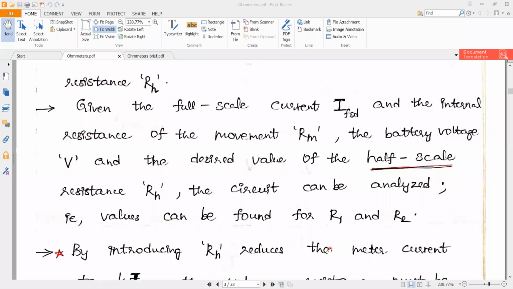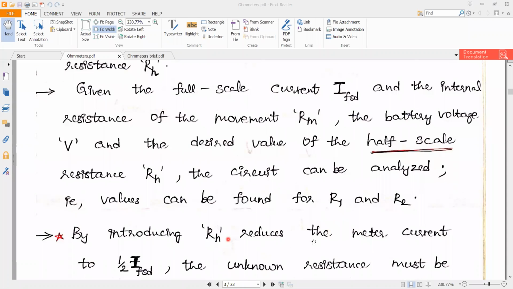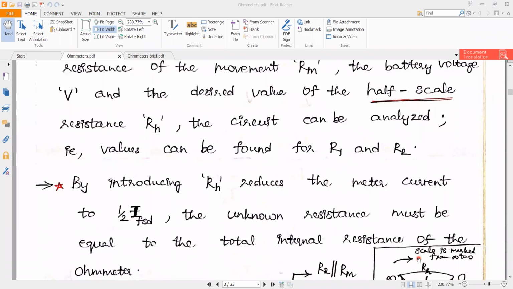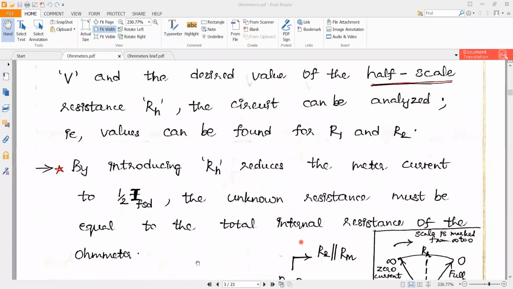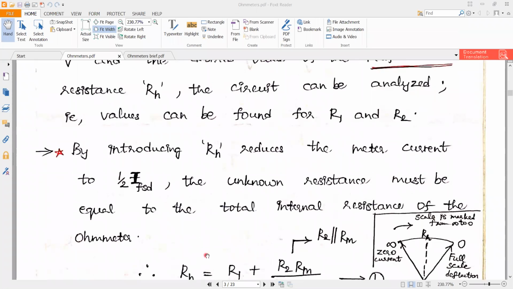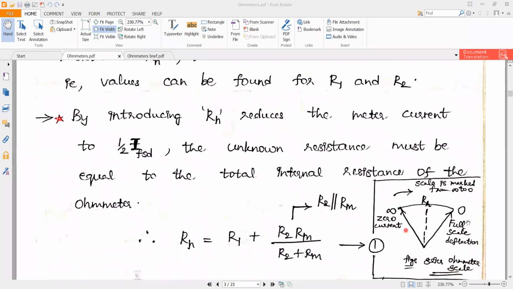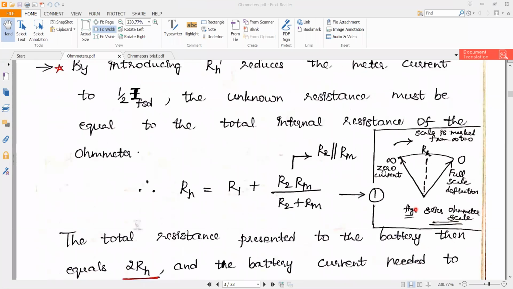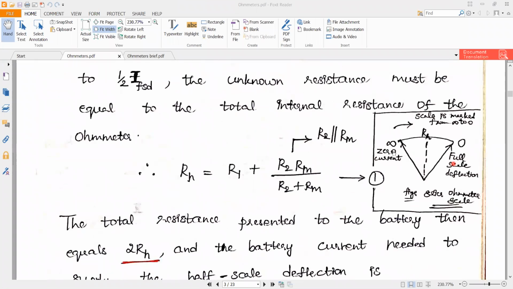By introducing RH, RH reduces the meter current to half scale. This is the half full scale deflection here. The unknown resistance must be equal to the total internal resistance of the ohm meter here. This is the series ohm meter scale indication. This is the infinite part and this is the zero part. Here the flow of current is 0, whereas here the flow of current is maximum. Full scale deflection is maximum here. Okay, this is the half scale